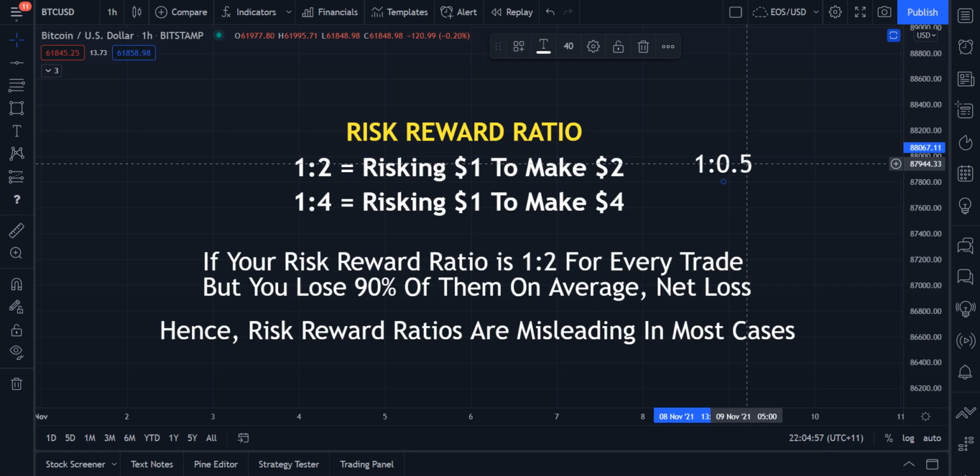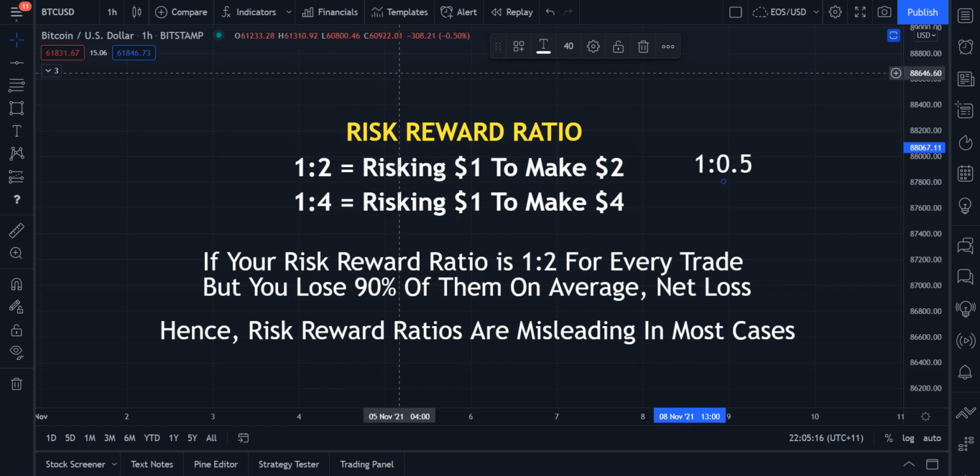And I think there's another variable to this that people don't look at, and that is that variable, right? It's about what percentage of trades you profit on, and how much you lose money on as well. And I think people don't take that into account when they simplify it into just three simple characters, 1: this, 1: that.